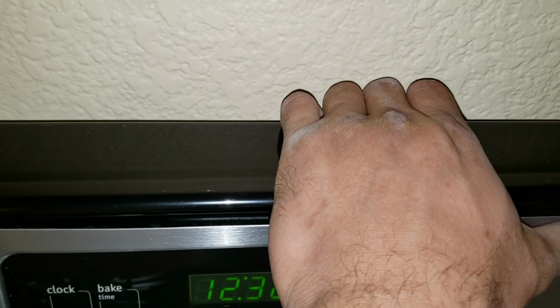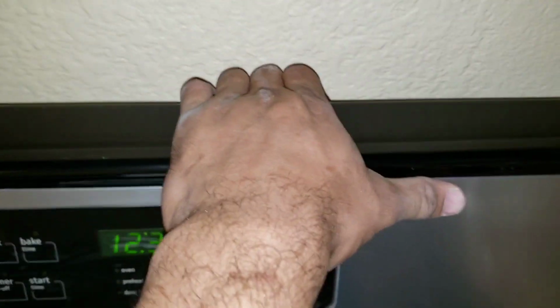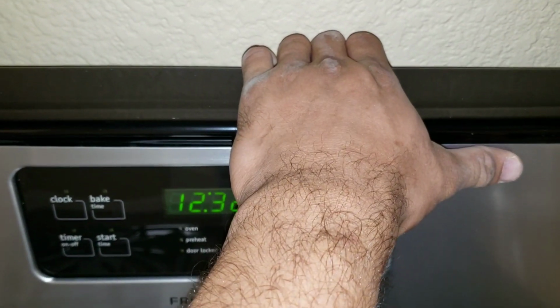Once you finish, go ahead and slide your stove back, and you'll want to pull on the back. You can see I'm not able to push the stove and the oven